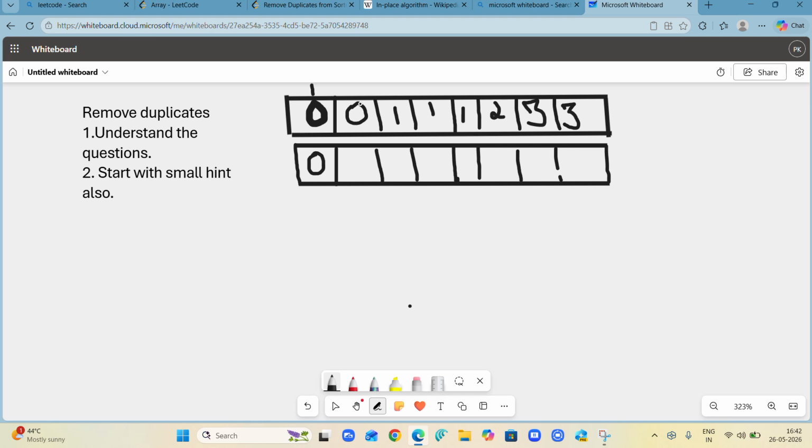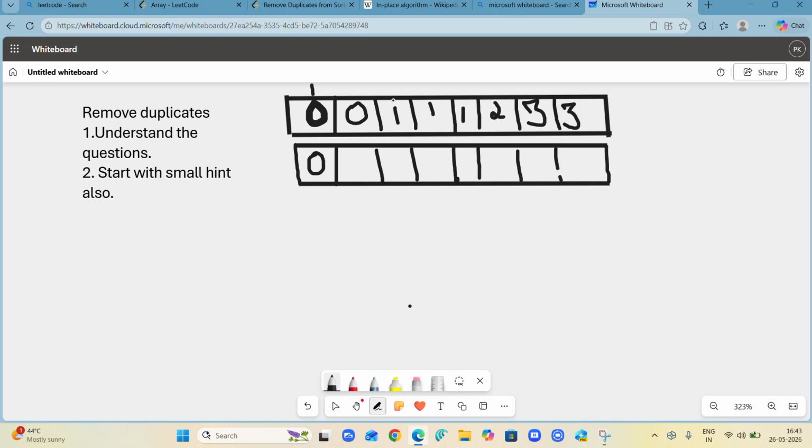I would always compare with the previous element, and if the previous element and the next element are not the same, then you do index plus plus, and at that index you store the element. So it checks: new array of i minus 1 which is 0, and new array of i which is 0, both are same, don't store it. So the index remains as it is, 1, because I have not done index plus plus.